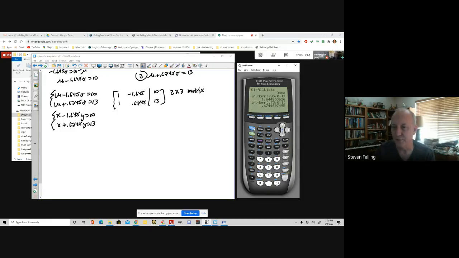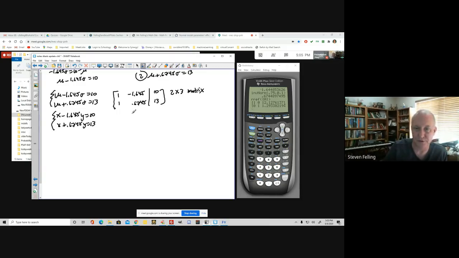Okay, and once the matrix is in there, what you do is you quit to the command line, go back to the matrix menu, second and the fourth button down, slide over here to math, and then scroll down to RREF, which stands for reduced row echelon form. Go back to the matrix menu and tell it to operate on matrix A. And then this will produce this matrix. What I would do is show this matrix if I was doing this on a test. Say I did RREF, then I got this matrix, 1, 0, 0, 1,